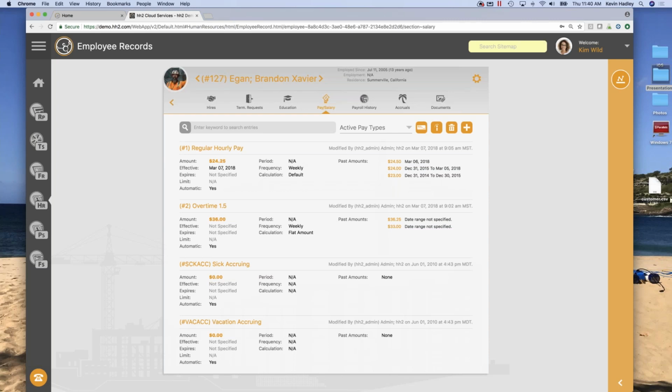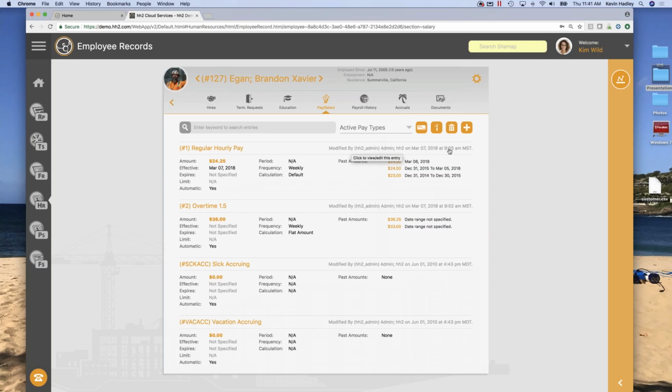You'll also see the last time it was modified and who modified this particular rate. Okay, if it ever says that it was modified by the hh2 admin, it simply means that we synced the rate or the new rate up from Sage. Okay, if I'm logged in as Kim and I decide to change the employee's rate, then it will state modified by Kim on such and such a day.